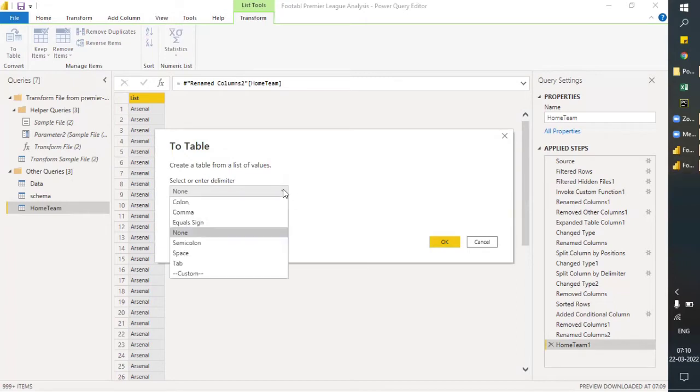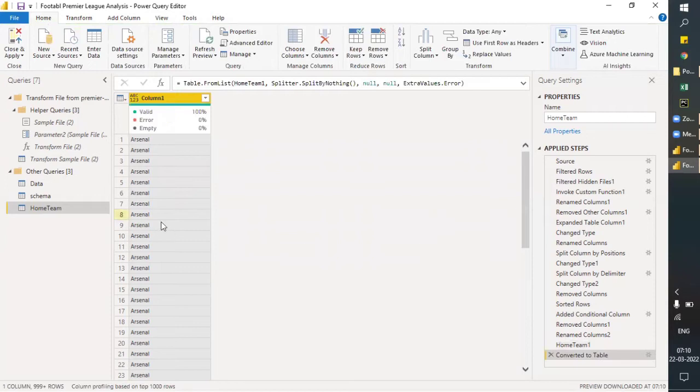The first option asks whether you want a separator or delimiters on your data or on your list, like we see in CSV and text files when we import them. There are none for me, and if there are any errors, you can handle them here. I don't think there is an error, so you can just click OK,